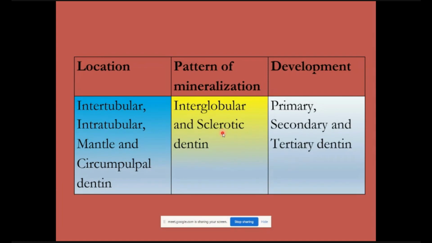The main feature about sclerotic dentin is that it is deposited throughout your life. Throughout your life there is sclerotic dentin being deposited. That's why as you age, your teeth become more and more yellow. Have you noticed if there are any old people in your house? If you see their teeth, they look more yellowish than the younger people because more dentin is deposited throughout their life. Enamel is translucent, so it shows the underlying dentin as more yellowish in color.